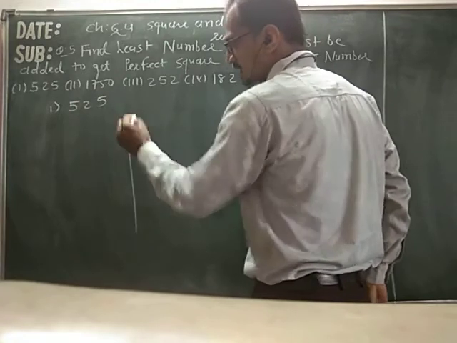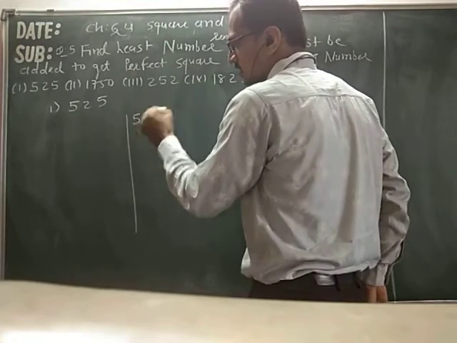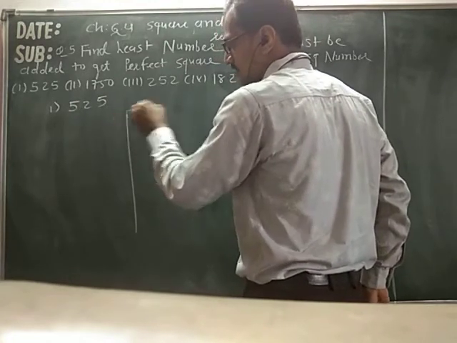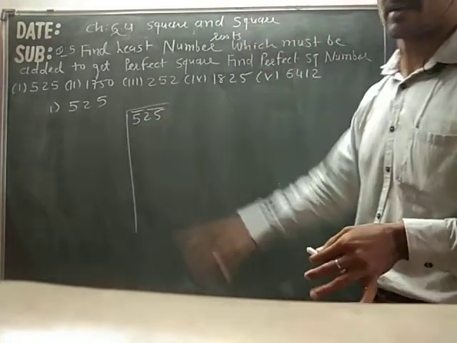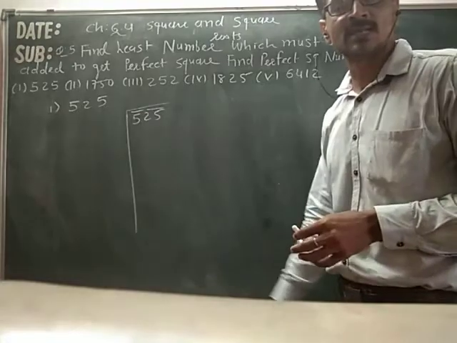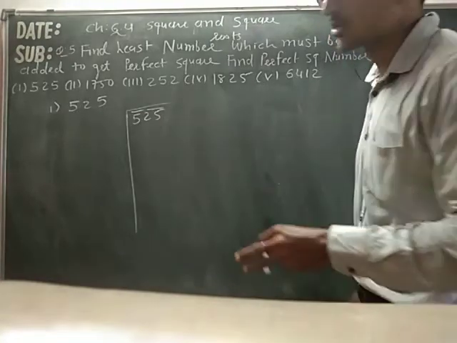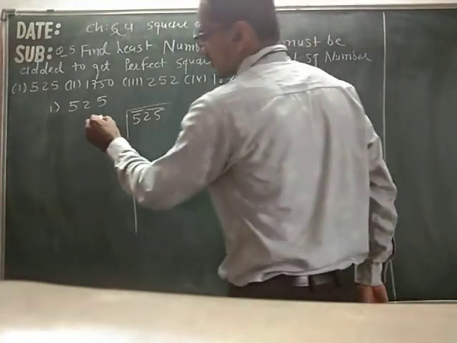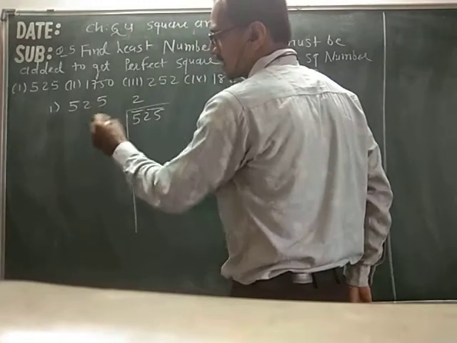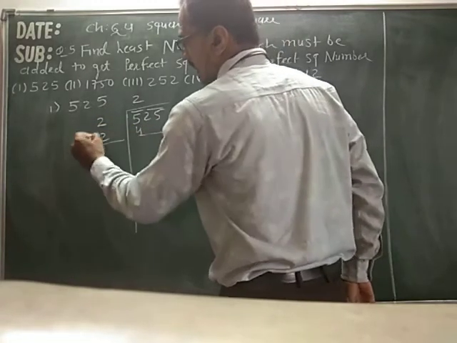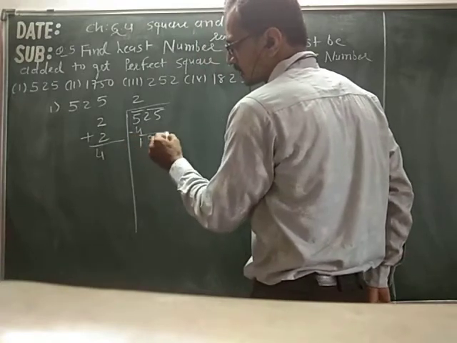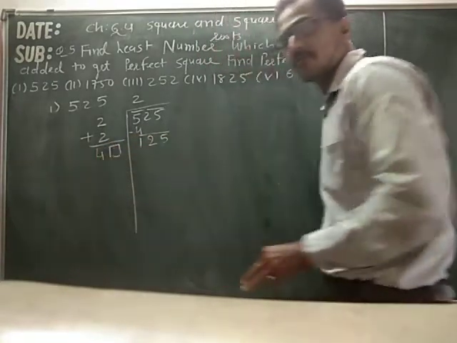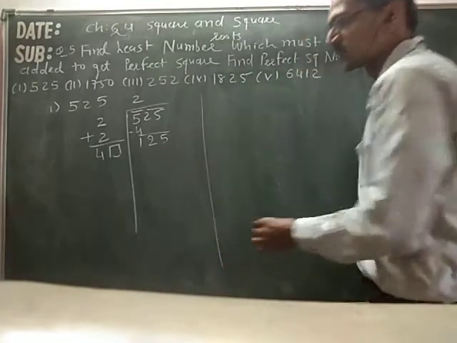525. In the same way, we will find the square root by the long division method. We will make pairs from the last two numbers, the first pair and the second pair. Which square is 5 or less than 5? 2. So we will write 2 at 3 places, up, down, and in the answer. 2 twos are 4, out plus, in minus. 5 minus 4 is 1. 2 plus 2 is 4. Put down 25. Here we will make one more bracket.